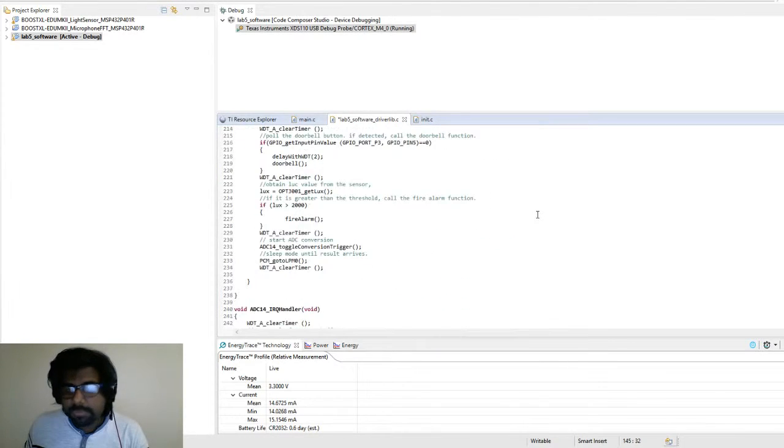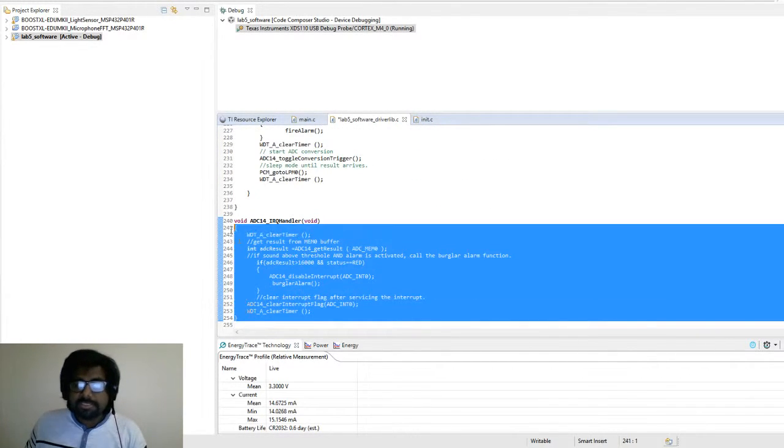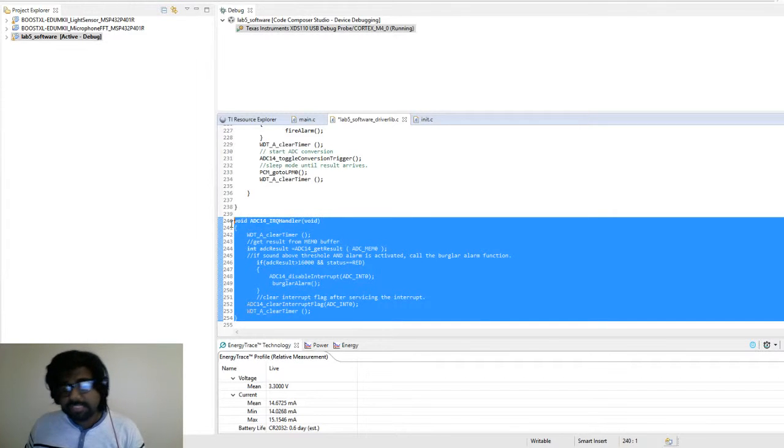And also one more thing which added to the complexity was the ADC interrupt. This was the only thing which had to be an interrupt, because it made no sense for the ADC to not be an interrupt. So that alone had to be an interrupt, and I had to incorporate it into the rest of my code, which is not at all interrupt based.